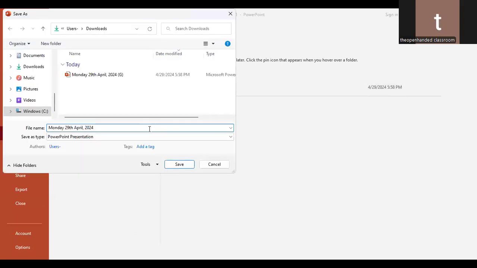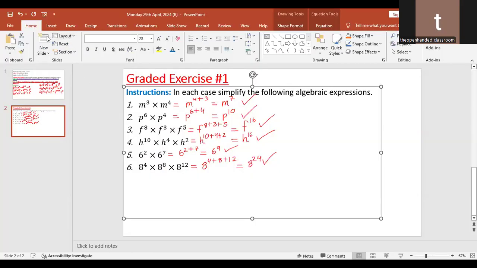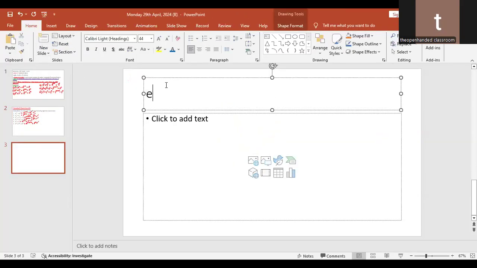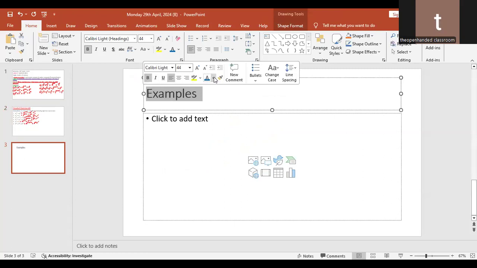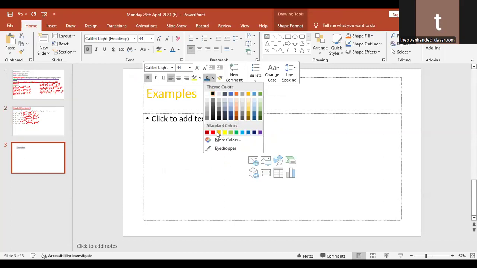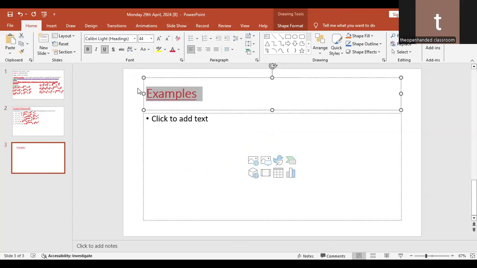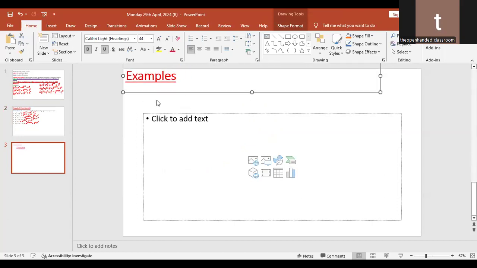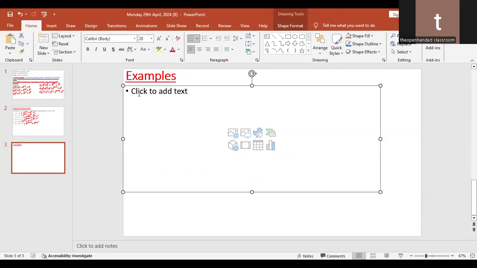Let's move on to the next set of notes, or examples, I should say. So again, we know that if the bases are the same, we add the powers, right? So there's some instances where we could combine certain stuff. I need to show you that because that typically comes. So again, the instructions is just to simplify. Simplify these algebraic expressions.